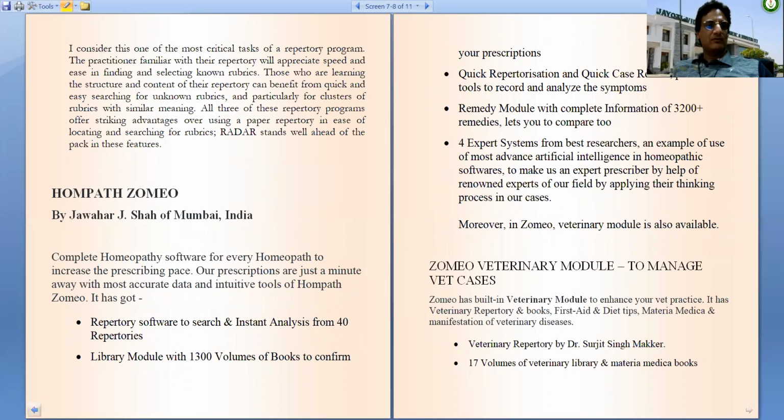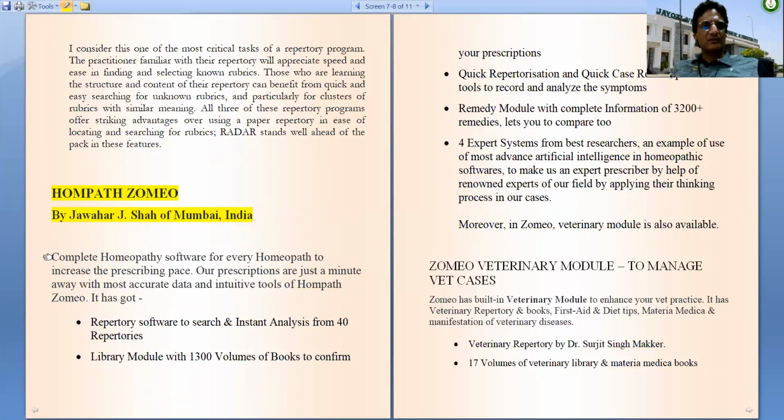See, for that I must tell you that Radar has got the most user friendly search features, whereas HomePath has also got good search tools in their repertory software. So here we are going to consider HomePath Zomeo, which is a software developed by Dr. Jawahar Jesha of Mumbai, India.